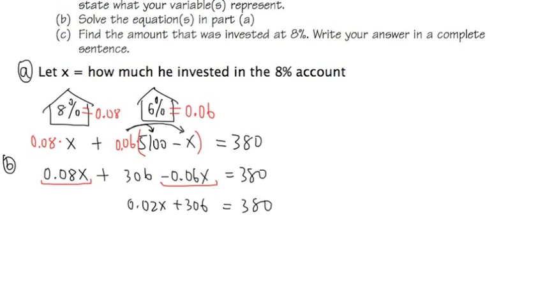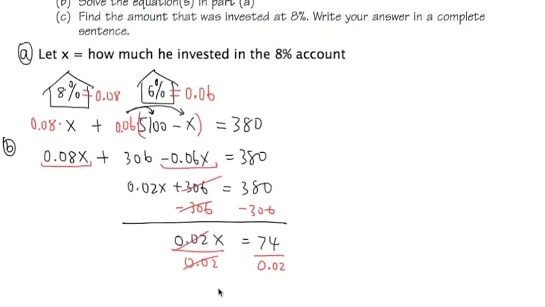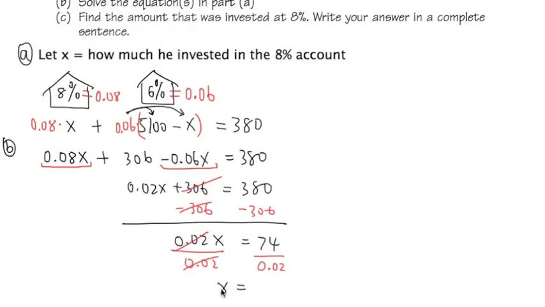Of course, we have to subtract 306 on both sides, which cancels it out, and then we have 0.02X equals 74, because 380 minus 306 is equal to 74. Well, we can just divide both sides by 0.02. If you would like to use a calculator, go ahead and do so. Just do 74 divided by 0.02, and that will give us X equal to